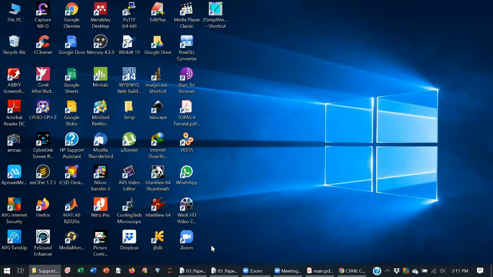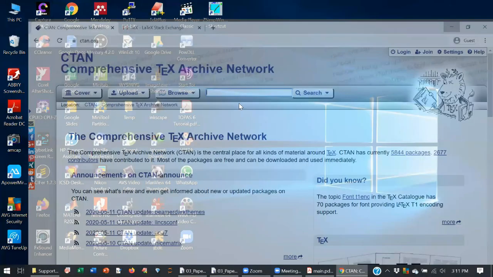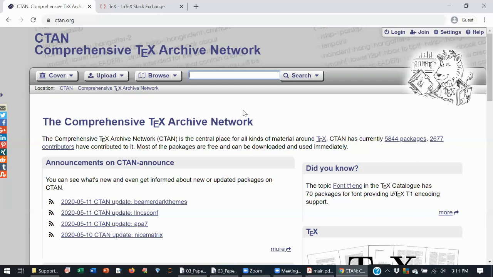So next, some people were asking yesterday, where can you find more details about LaTeX? You can see all the packages. Yesterday I was speaking about the package geometry. Geometry is used for setting the margins, as well as for setting the type of the page, that is, it may be A4 or A5 paper. Like this, numerous packages are there. CTAN is the Comprehensive TeX Archive Network. This is the website where all the packages are kept.